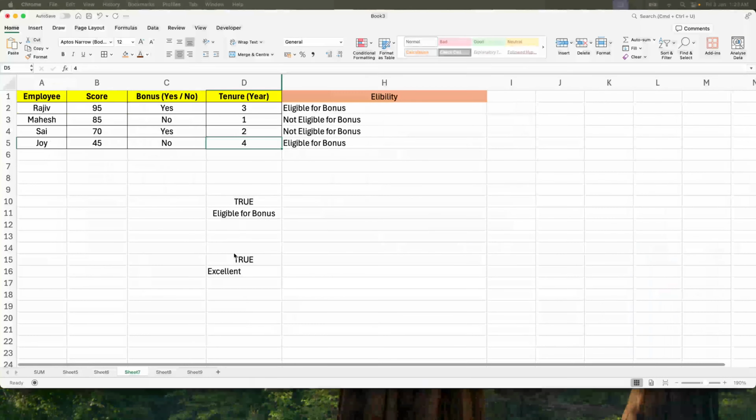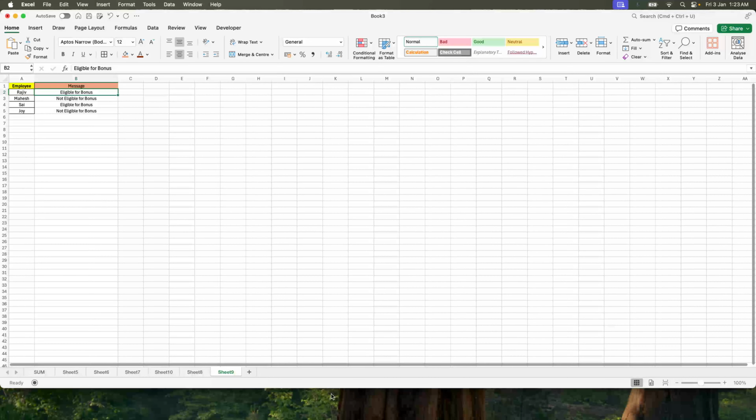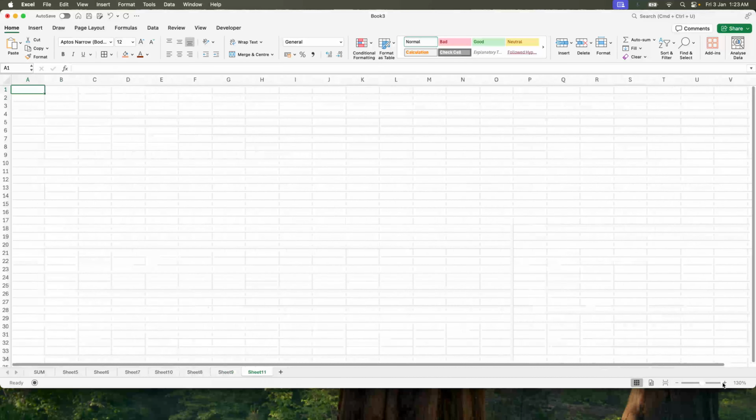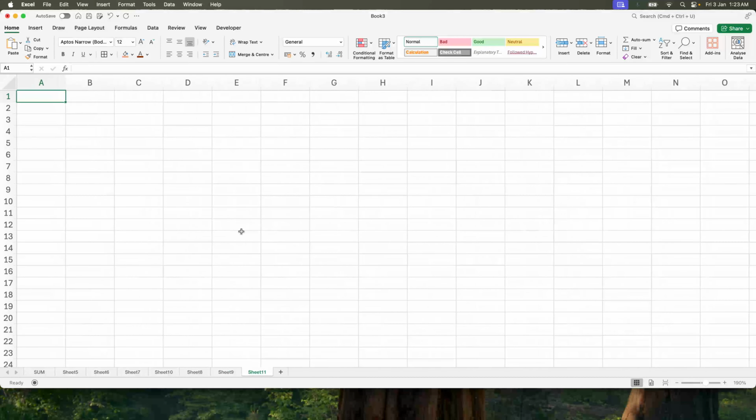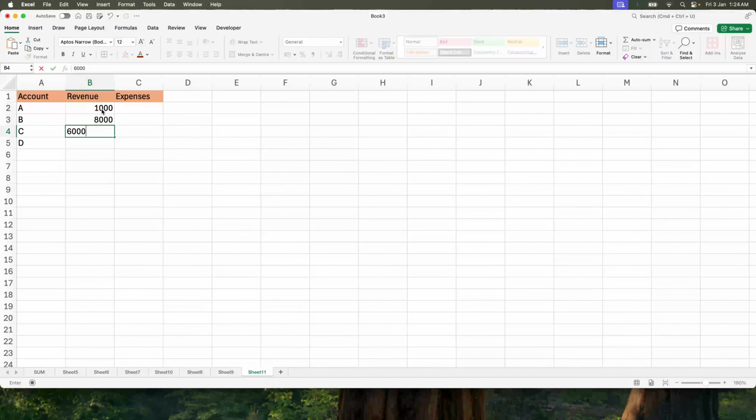So I'm taking a specific sheet. Let's increase the zoom so that you can see it nicely. Let's say I have three columns: account, revenue, expenses. Let's say I have four values: A account, B account, C account, and D account. And the revenue, for example, let's say this is 1,000, 8,000, 6,000, and 4,000. And for the expenses, let's say